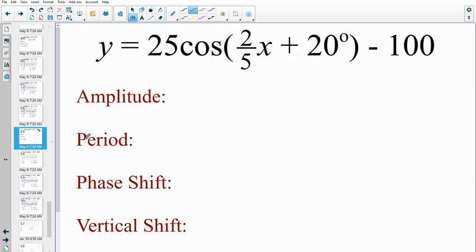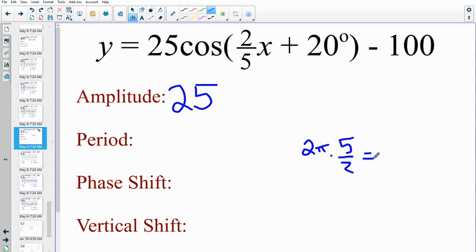And then one more of these before we move on and do another problem that's a little bit similar. Amplitude is the absolute value of that number that is in the front, the coefficient on the whole expression. Period is, I might have to write this one out. Period is 2 pi divided by the k value. So 2 pi divided by 2/5 or multiplied by 5/2,